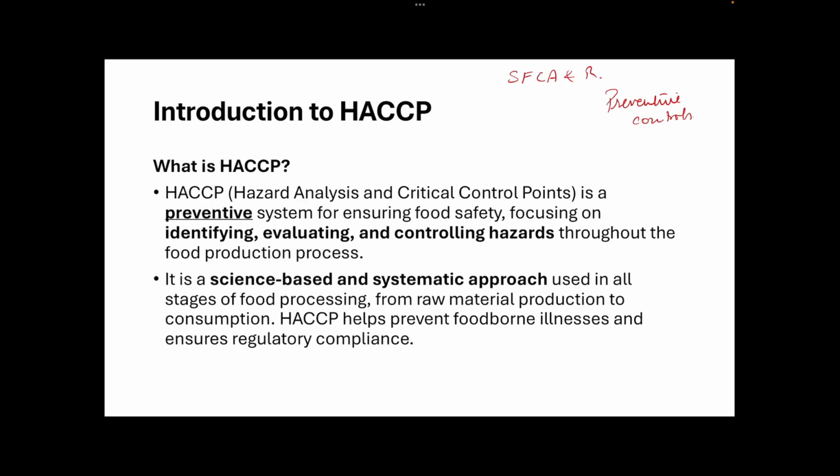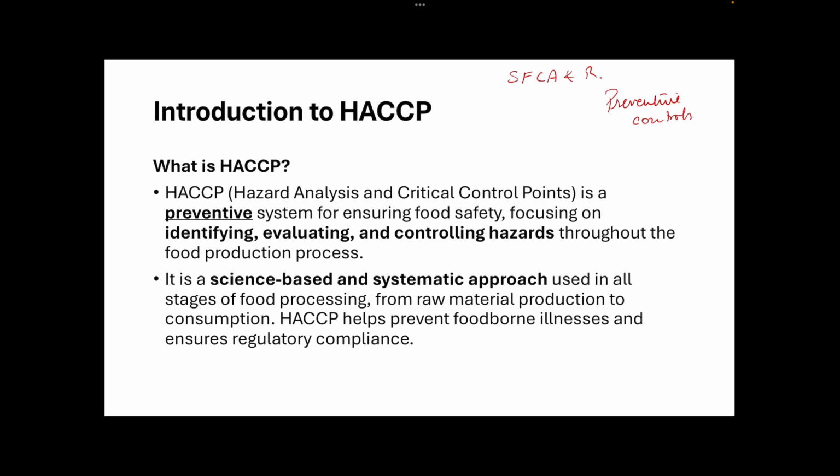Let me talk a little bit about the history of HACCP, not too much. HACCP was developed by Pillsbury for producing food for NASA astronauts. And later on, it was expanded to general food. In fact, in 1998, Canada made it mandatory for the fish plants to have HACCP, but the regulations were slightly different provincially. In 2005, Canada made it mandatory for all meat and poultry plants as well, federally regulated.